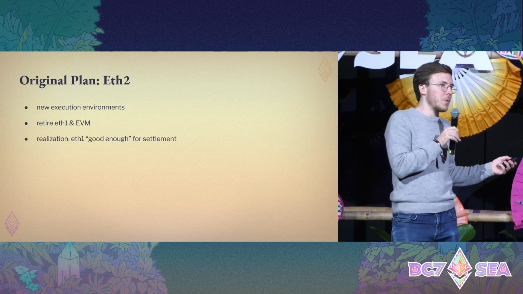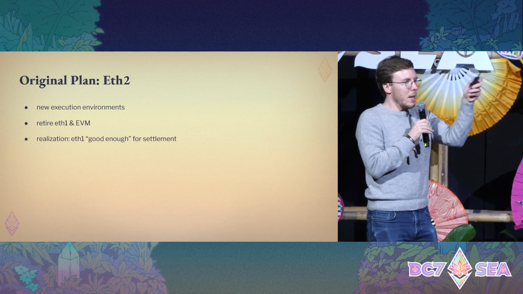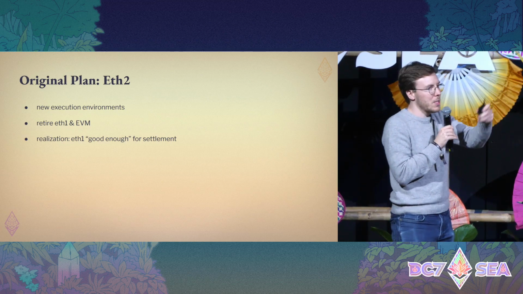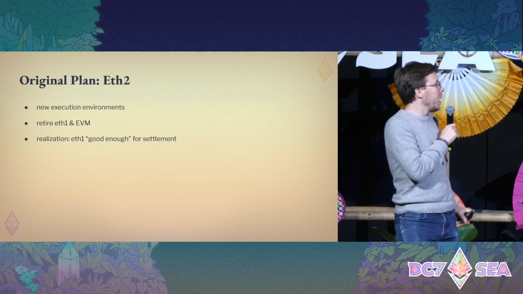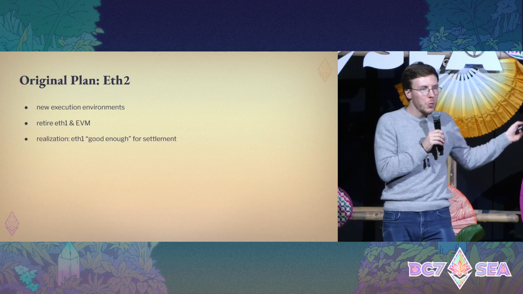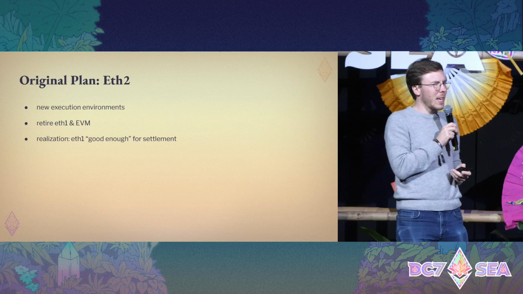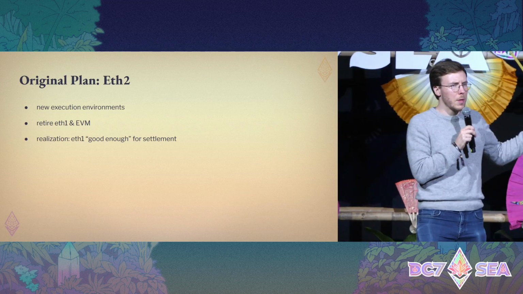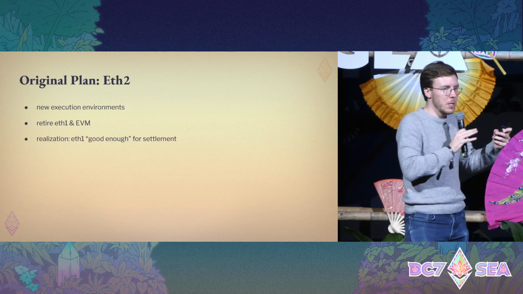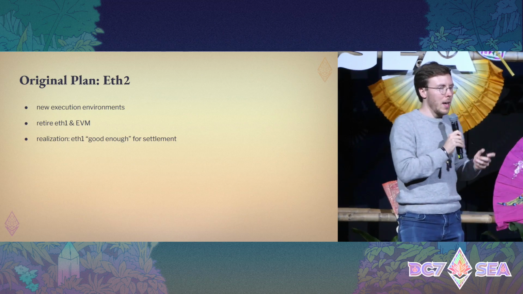Back in the day, there were a bunch of different thought experiments. You could turn it into some sort of rollup on top of the new ETH2 chain. You could have it parked somewhere on the side, either on proof of work forever with some bridges to the new system, or even deprecated over time. But then at some point, as we moved closer to the merge, people realized that, hey, the ETH1 chain is actually good enough for what we need for the settlement chain. And so the plan became, let's merge the existing system into this new ETH2 chain, and that's why we stopped calling it ETH1 and ETH2 and instead just call it Ethereum again.